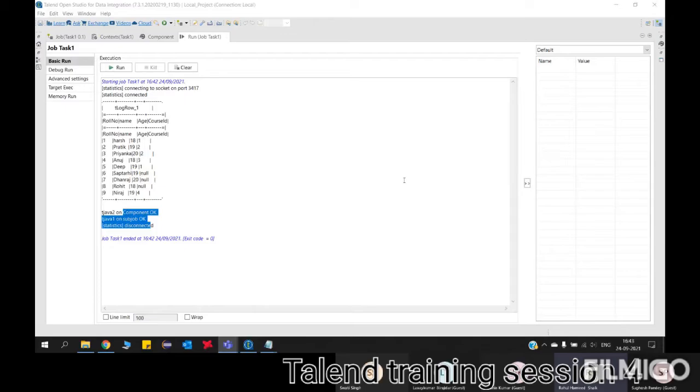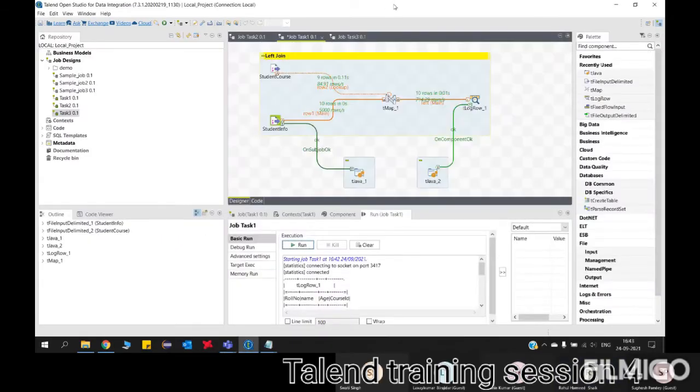Okay, now go to the designer view. Now if you see here, whatever links you have connected with main or with on component OK, everything will act as one single subjob. Now move this tjava row to beside the tLog row, Lakshay Kumar. Take it, drag it upwards, place it there. Yes. So the whole part acts as one single subjob. Which one? The left outer join one and also the tjava 2 are considered as one single subjob.